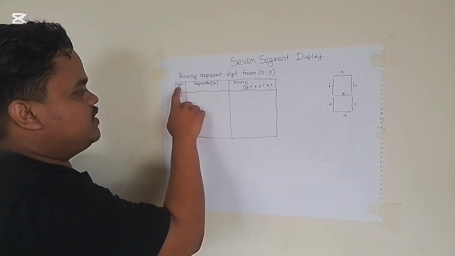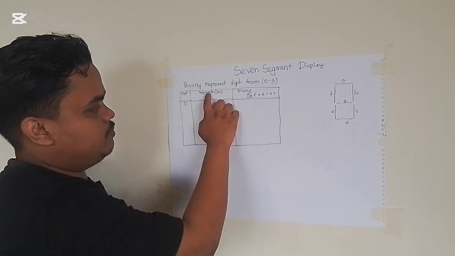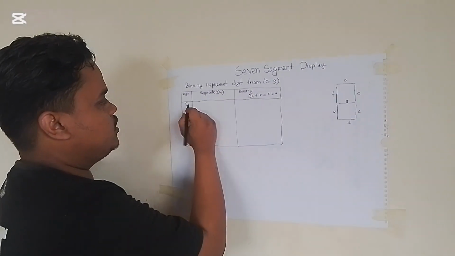From here we see digit, segment and binary. For 0,